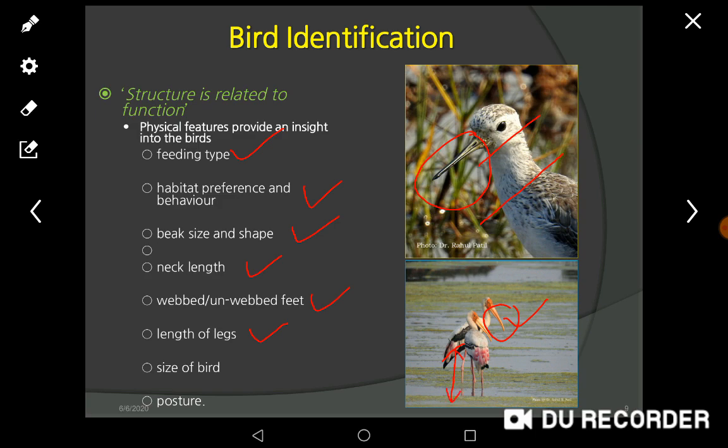So they can easily go into the depth of the wetland, without fear of any kind of depth, to get food. Then the size of the bird, whether small, large, or medium, according to the size you can understand or remember. As well as posture, whether it is bowing down or a straight one. So posture is also a very important concept.